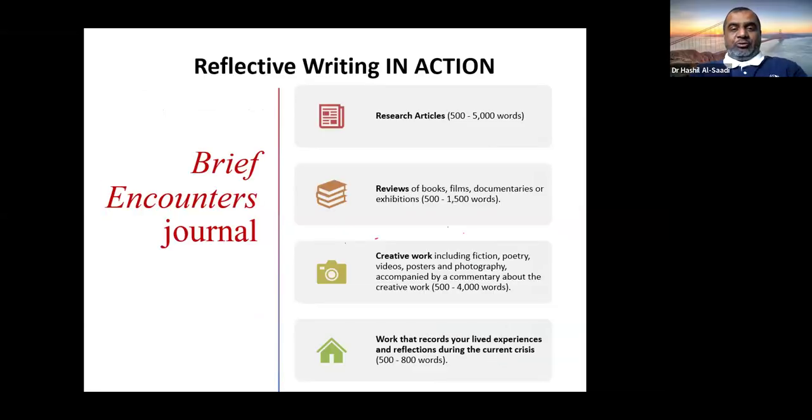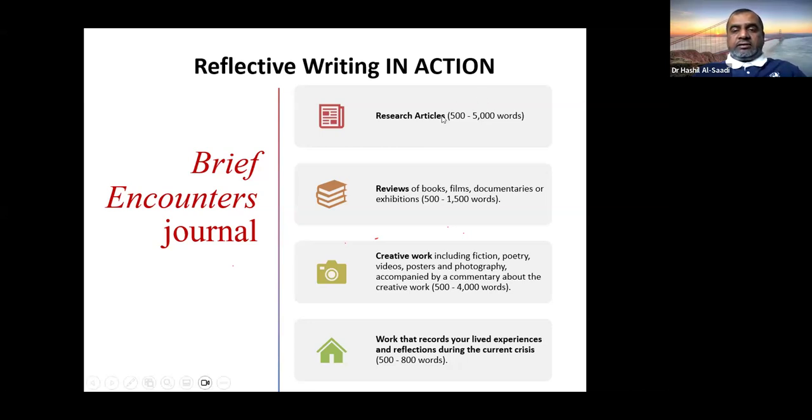Yeah, thank you. So we want to link what we have said so far with something more practical. Here is an opportunity for everyone, students and faculty members, to contribute to this journal. You could write different types of papers. It could be a research paper, a research article. We'll talk about the structure of a research paper, how you can conduct research and report your findings later on in our subsequent event workshops.